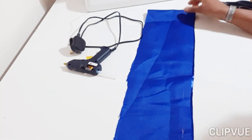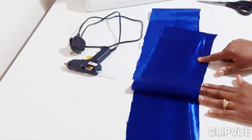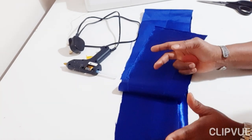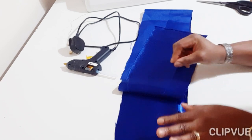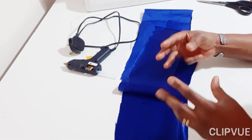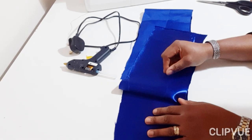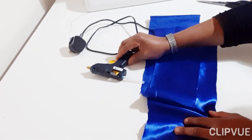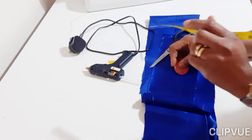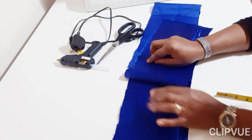So mine is a 2.5 inches wide headband, and I'm going to get my strip of satin fabric. I'm going to be needing about 1 meter long fabric to make the ruffles for the headband. So you use a fabric that is a bit stiff and not too soft. If you're going to be using Ankara, then you need to use the polyester Ankara, because that will be easier to manipulate. So you need your scissors, your chalk, your glue gun, you need your material, and you need your